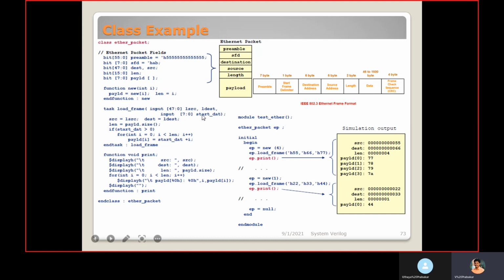We are passing these through load_frame and they are assigned to the variables present in this class. Then length, payload size is 4. So here, how is length taking the value 4? This is payload.size.